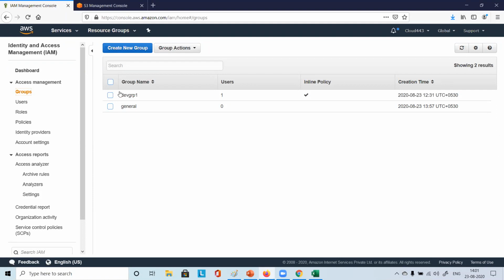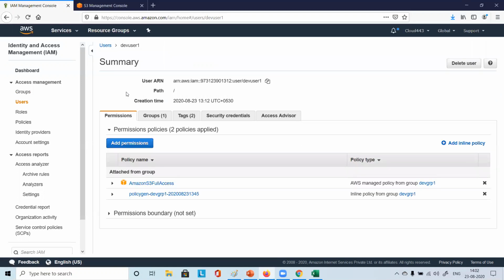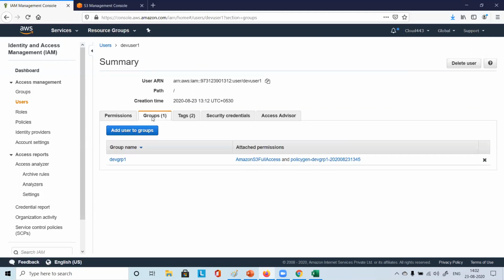So what is the option here? Just see under group, under general, here you can see edit group name, add user to group. You have the option here, right? Add user to group, correct? So you are in the group, then you can add user to group. Now you are selecting this user. What are the options? Only two options here: add user, delete user. That's it. Now when you click on the user, here you see the policies, you have permission boundary, which we will explain later. Then you see groups. Here you have one group, but here you have the option add user to groups. That option is also there.